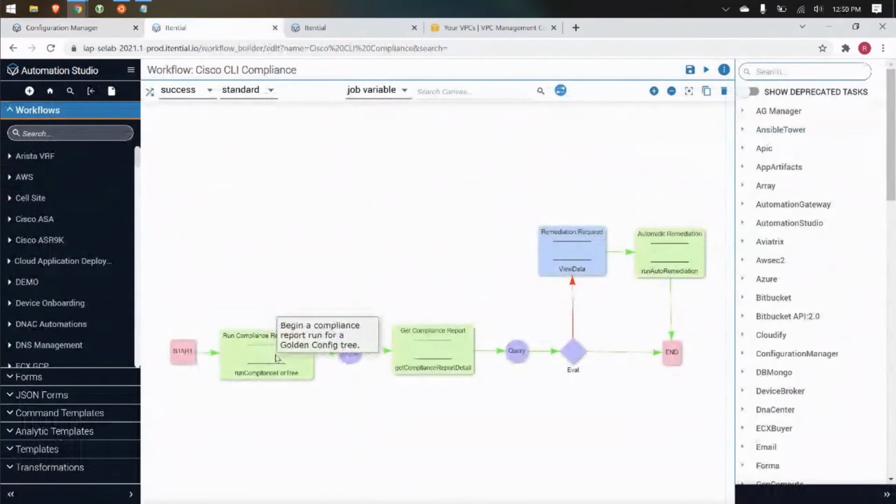The first step is to run the same compliance report in that automation. So we can leverage every step of the application in our automation because of that coupling together. So the next step in the automation is to get the report detail. We're generating a report. What does the report say? Querying is just pulling data out so that we can do an evaluation and determine, hey, did we have any errors? If so, let's go down a remediation path, and we can actually do some automatic remediation